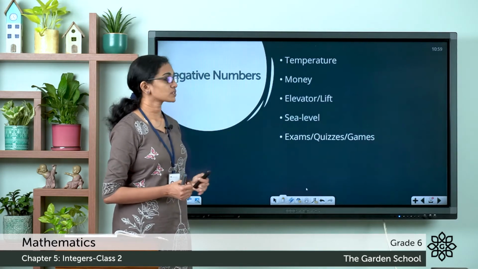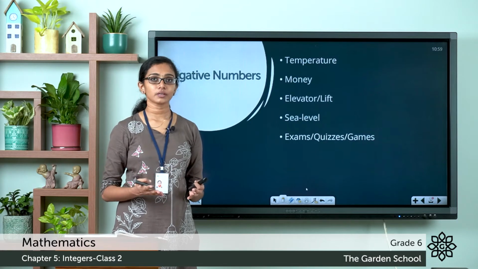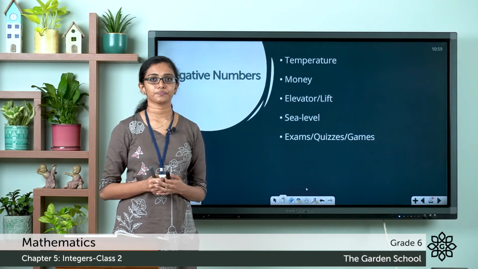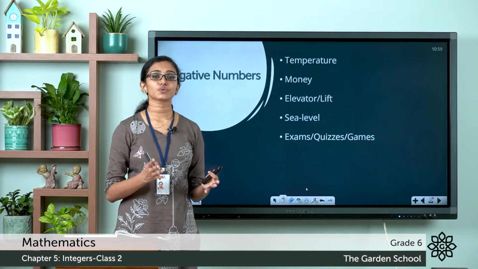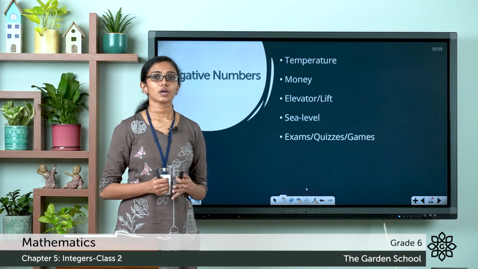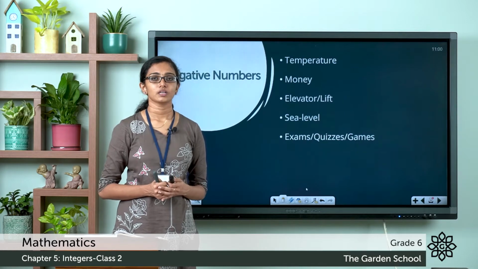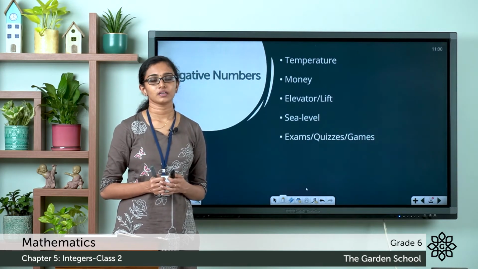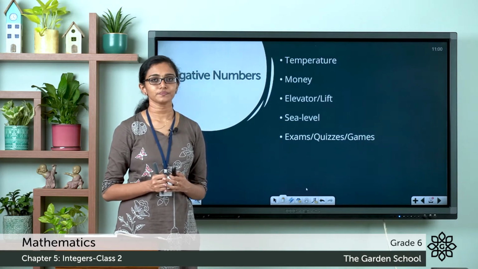Now, it is also used in the case of money. You know, negative numbers are used to represent credit in banking system. When you owe money to someone, it is usually denoted with a negative number. And when you overdraw money from your bank, the balance can become negative balance. So negative numbers are used in the case of money as well.